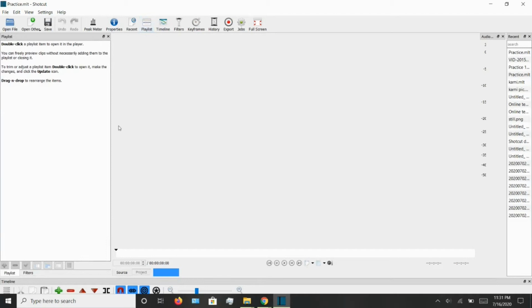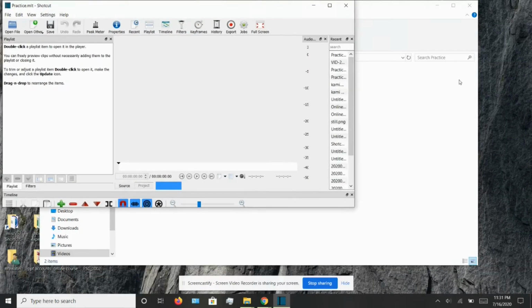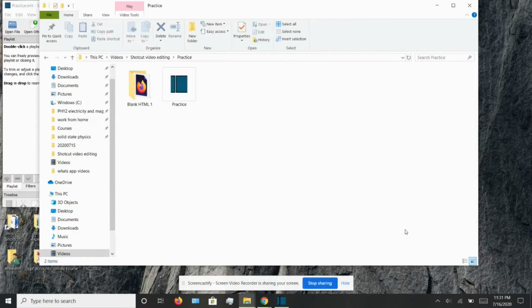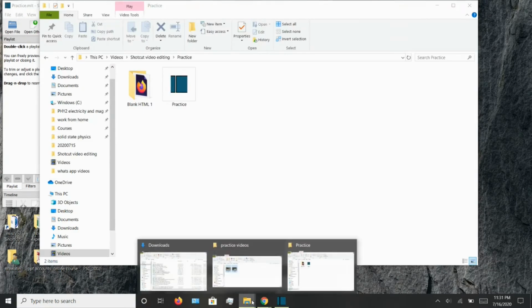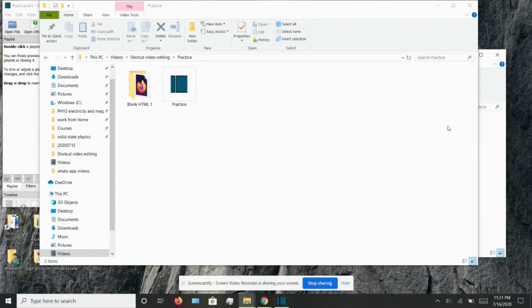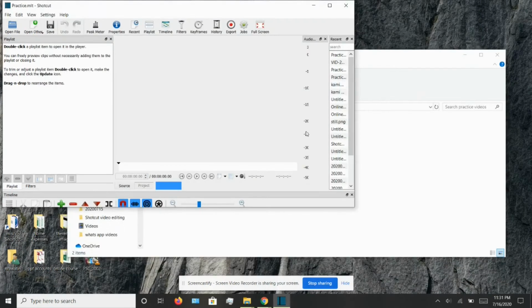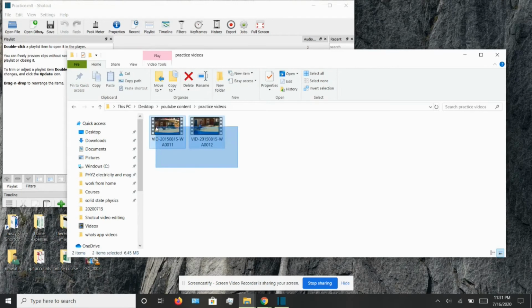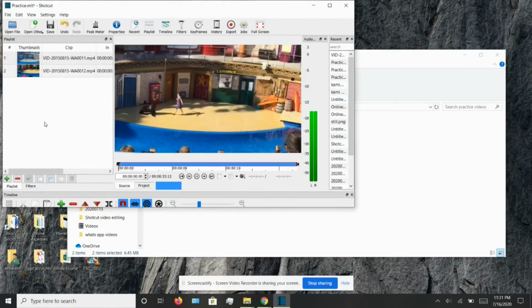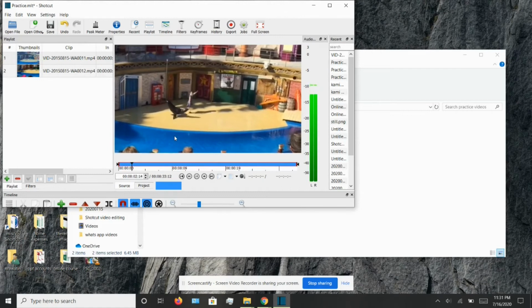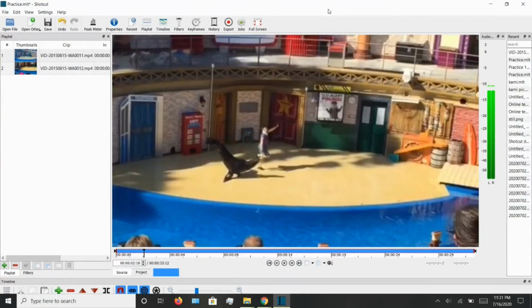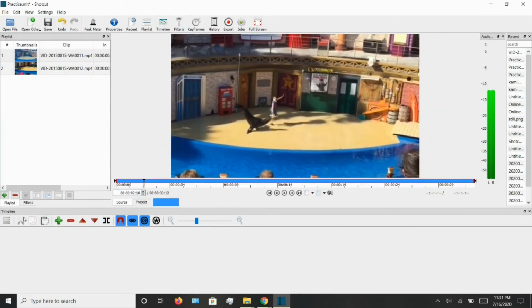So, you can click on playlist, and then you can just choose the files and drag them onto this playlist panel in Shortcut. So, let us choose the files. I have these two files from California, and as soon as you upload these files on the playlist, they start playing in this window right here. Okay. So, what you need to do is bring this timeline feature a little bit up here,